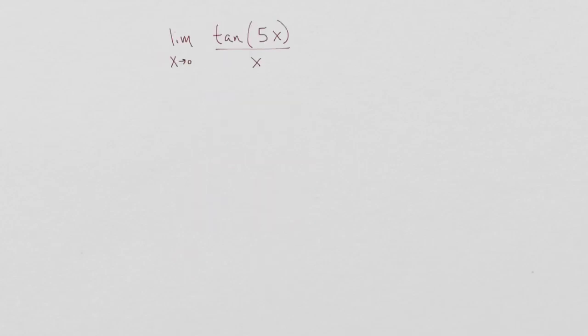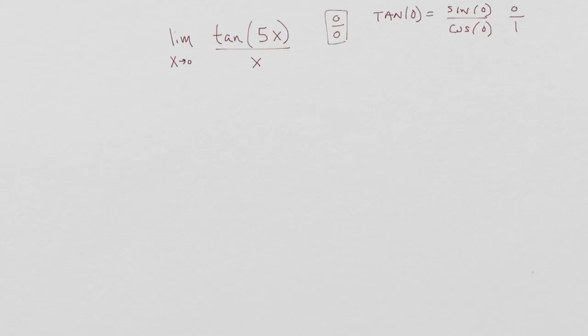Alright, so try plugging in 0, you get the tangent of 0 divided by 0, and remember that the tangent of 0 is the same as finding the sine of 0 divided by the cosine of 0. The sine of 0 would be 0, and the cosine of 0 would be 1, and 0 divided by 1 is 0, so we end up with 0 divided by 0 again when we use direct substitution, so we're left to